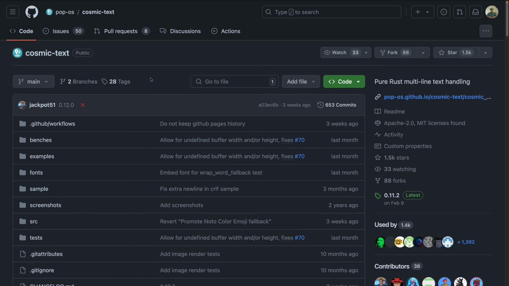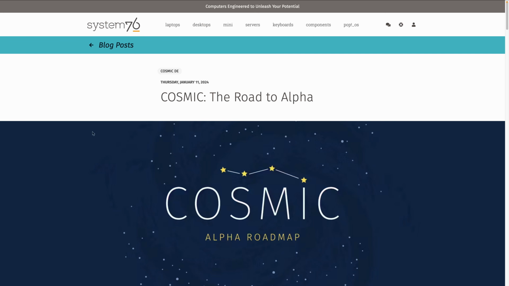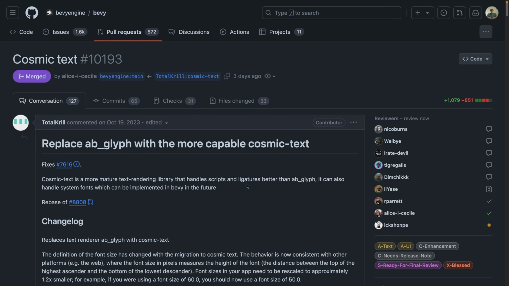With that out of the way, let's talk a little bit about Cosmic Text. Cosmic Text is a crate that provides text shaping, layout, and rendering under an abstraction. It is also the crate used by System76's Pop!_OS in their upcoming Cosmic Desktop environment. Why are we talking about this? Well, because